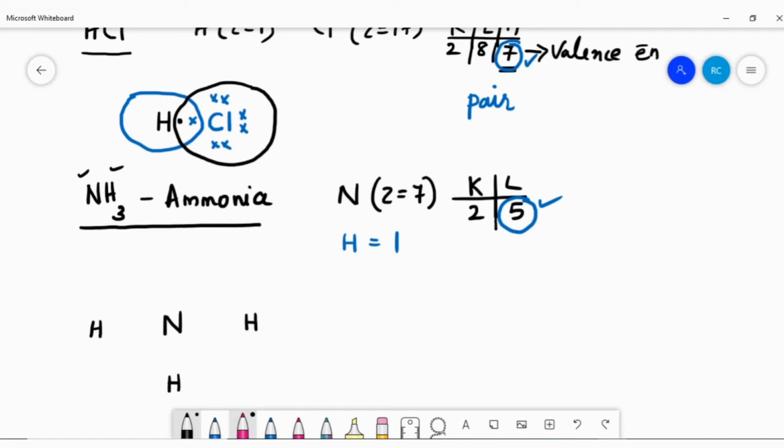And the nitrogen will have 5 valence electrons. So out of these 5 electrons, it is using only 3 electrons. Why? There are 3 hydrogen atoms only. So out of the 5 electrons, nitrogen uses only 3 electrons for sharing with the hydrogen atoms. The remaining 2 electrons are not at all taking part in chemical reaction, that we will be writing separately. And the electrons which are not taking part in chemical reaction are called a lone pair.